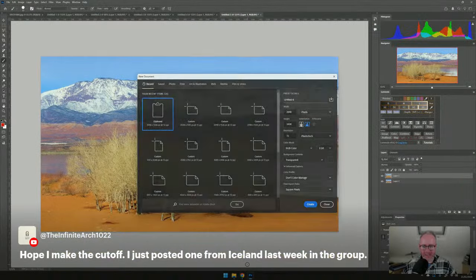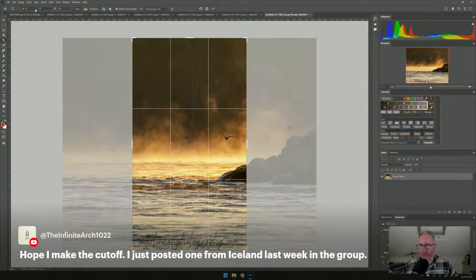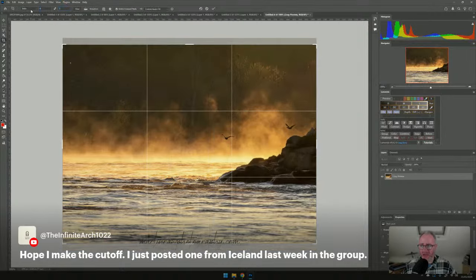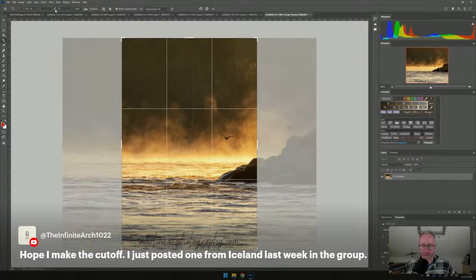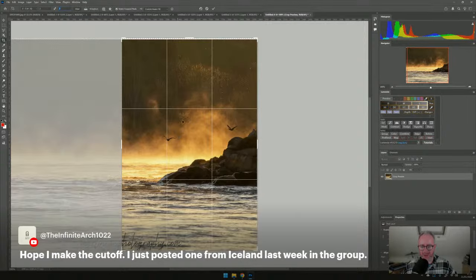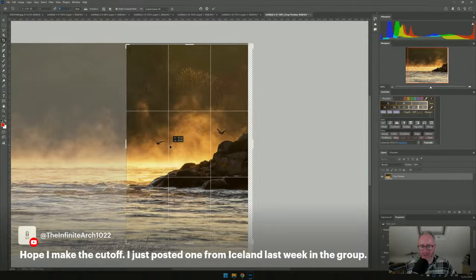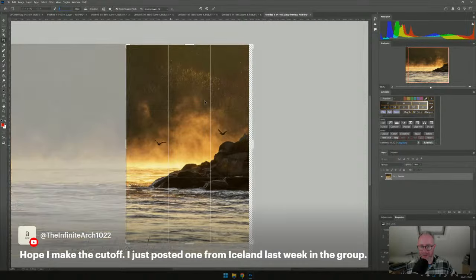In which case, can we just do a bit of a crop and refocus our mental energy towards, we'll do a 3-2 or a 2-3. Because there's that bird in the tree in the background, and those three birds together, I feel like almost hold the image. Maybe we'll just do a little bit of